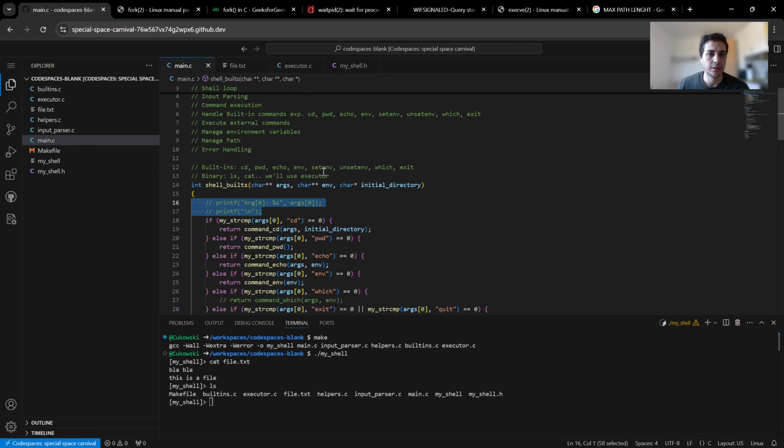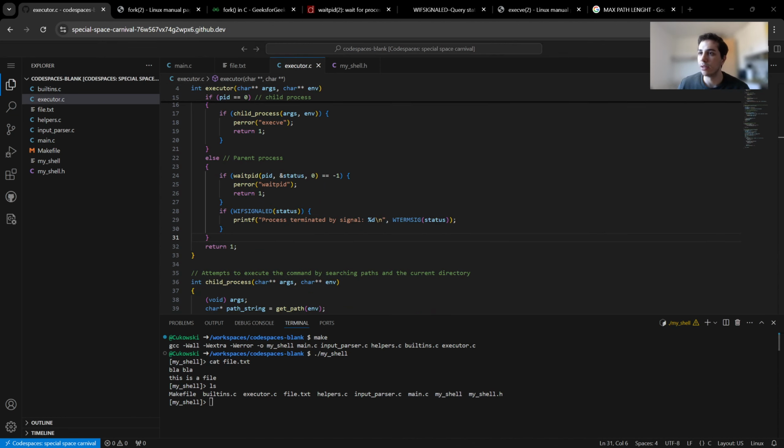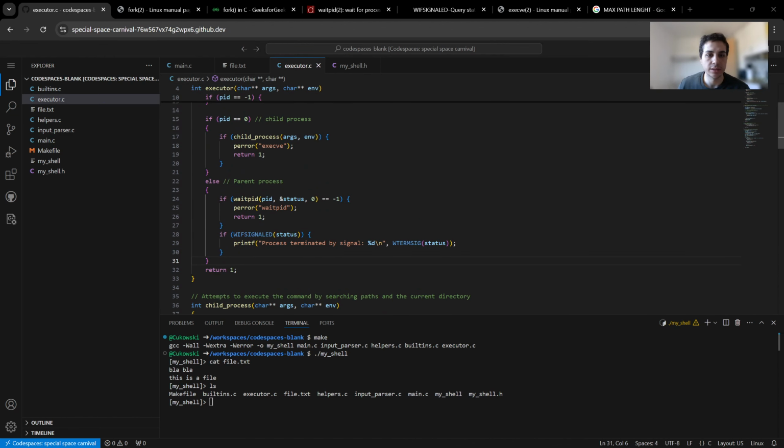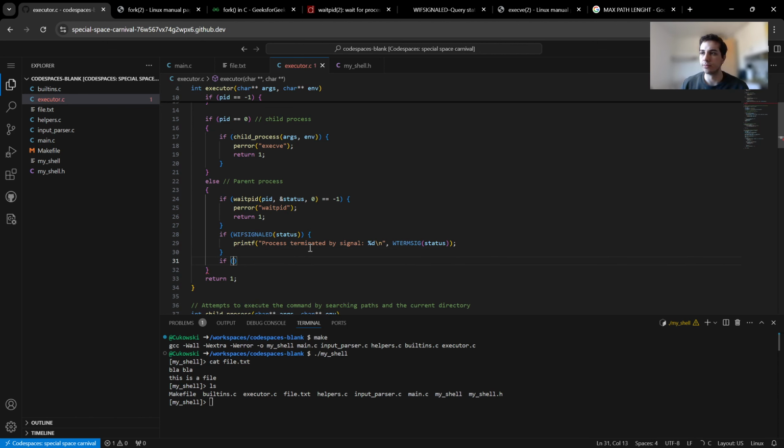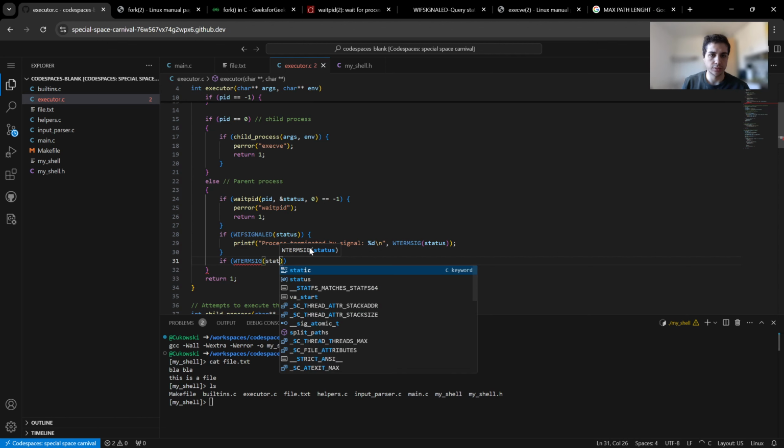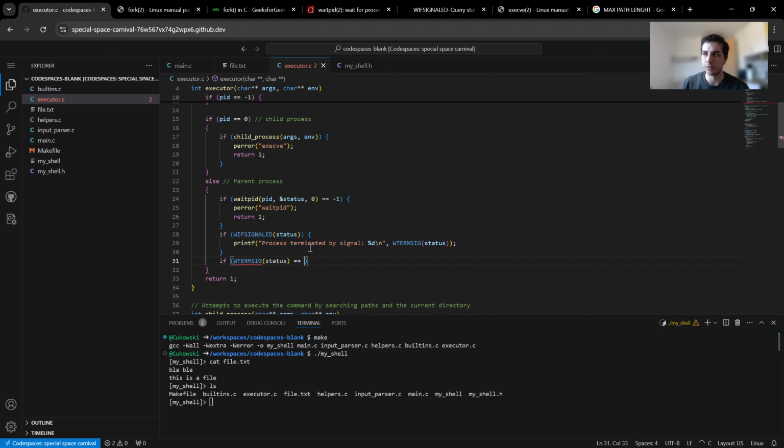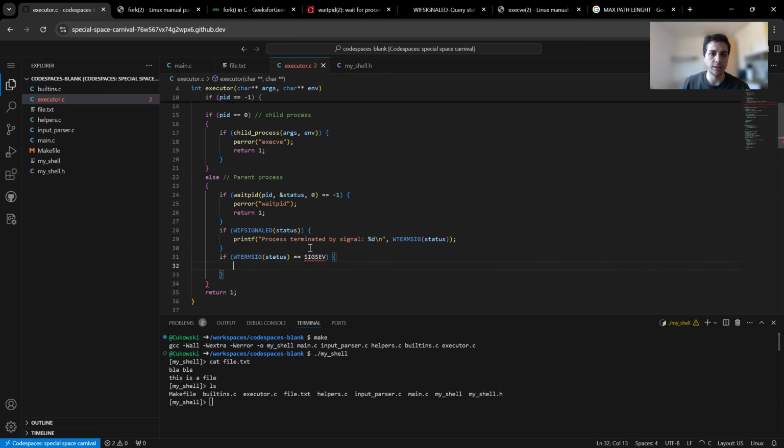What we use in the binary executor in executor.c. Let's see, we will need to add some stuff. First I want to add something important. I also want to check if WTERMSIG of status equals, execve, which would mean if our